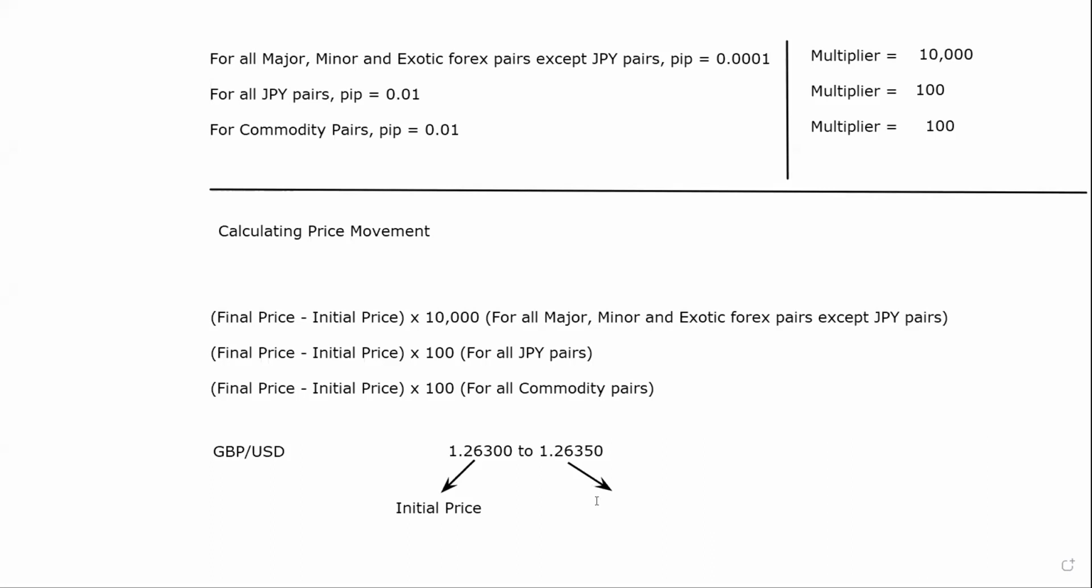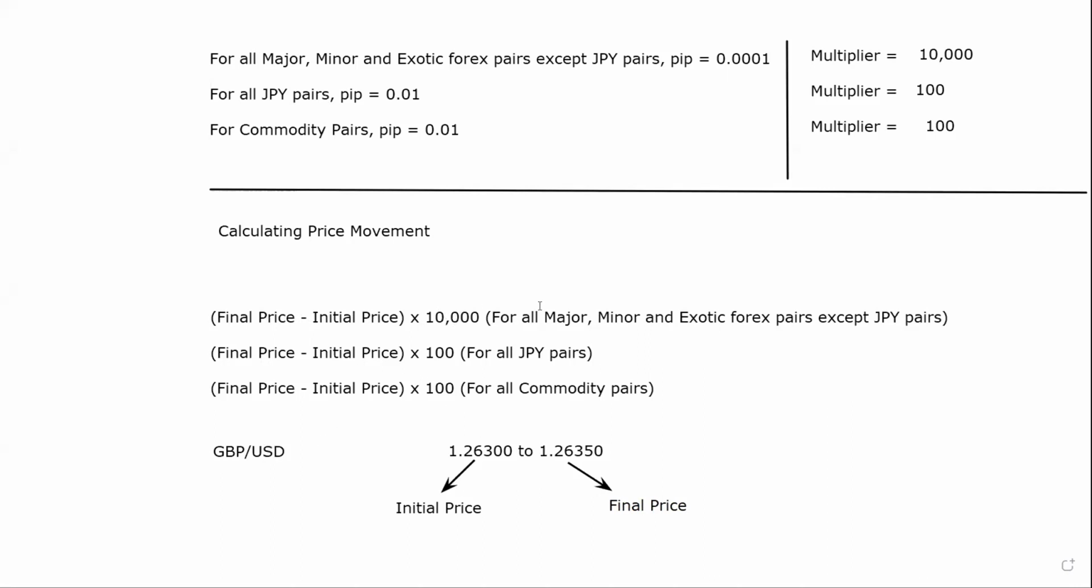And this is going to be the final price. Okay, this is the initial price, this is the final price. So this is how we're going to calculate. We can identify the initial price and the final price. What we need to do is deduct the initial price from the final price, and then multiply it by 10,000 because